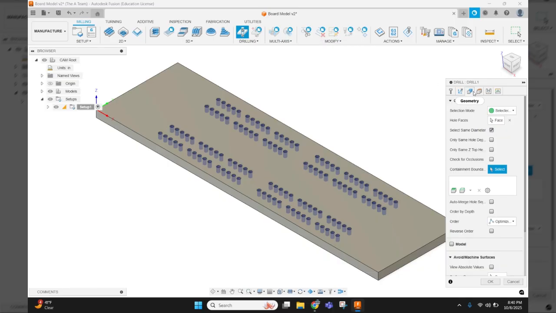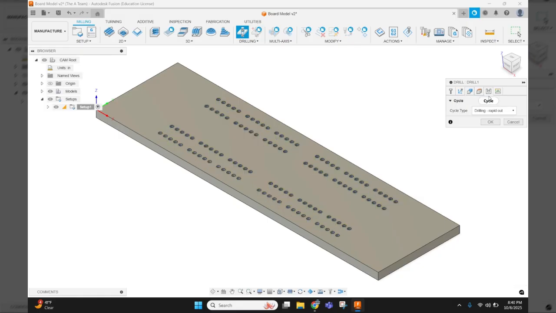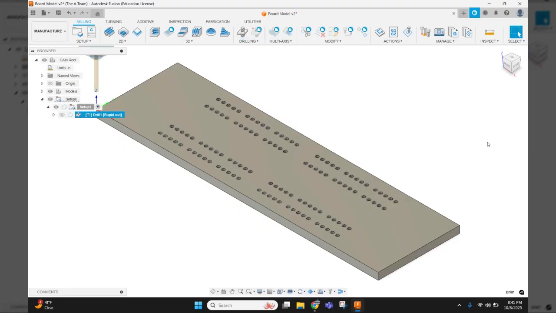We're going to go next to the cycle tab, and we want to make sure we're set for a drilling rapid out. And then we're going to go to linking, and we're going to make sure that it looks like my menu does here, where our safe distance is set to 0.08, and we've ignored our gouges. Now, if we've got all those things done, we can click OK,